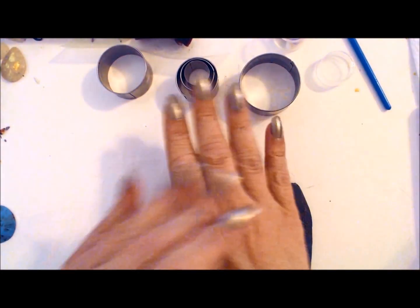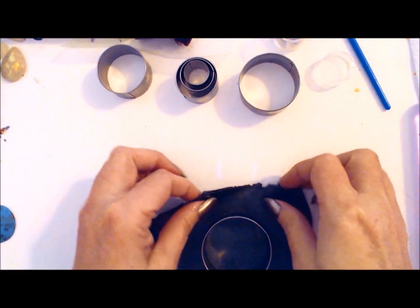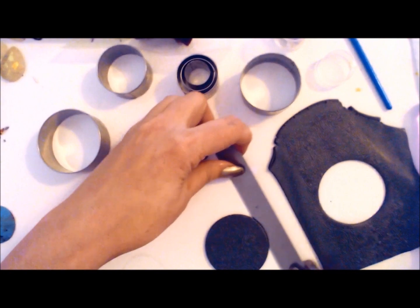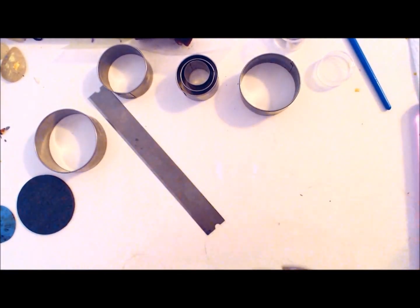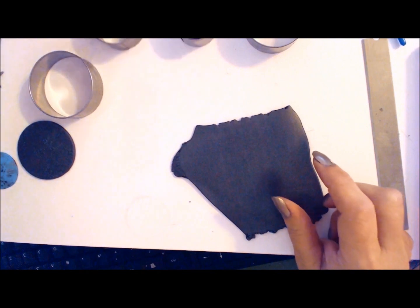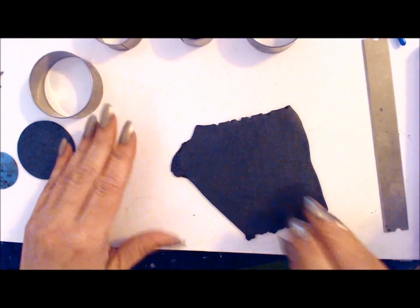Try to make it floral, or if you have any kind of arabesque or paisley, that would work too, but it has to be fairly small. The print has to be fairly small. Then I am using the round cutter, and then I will go with the clay through the pasta machine again,